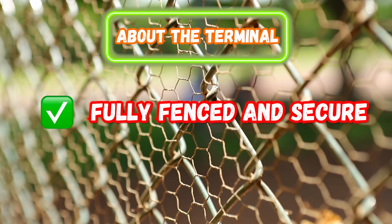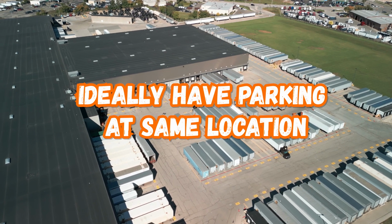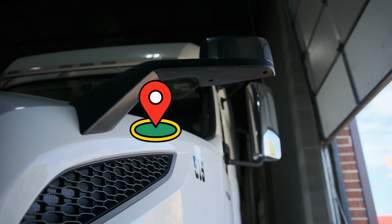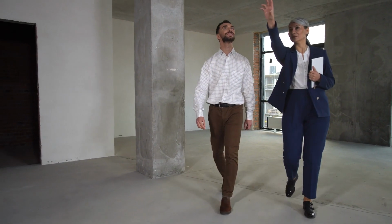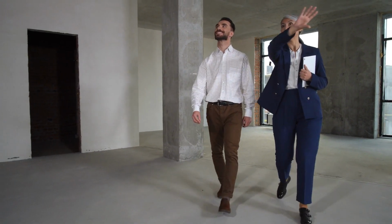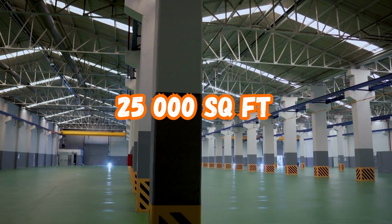Now let's get a little bit into the hurdles that I've had finding a place. Boy, oh boy, were there a lot of them. We really wanted to have the terminal with the parking in one location. We really didn't want the warehouse to be in one location and the parking for the trucks and trailers at a different location. That was a big no-no for us. A lot of places that I stumbled upon were very large. There was 10,000 square feet and 15,000 square feet and 25,000 square feet, but really nothing on the smaller